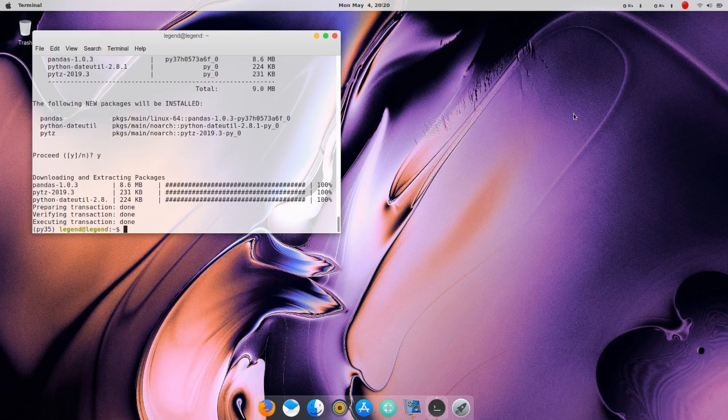What we need to install next is matplotlib. Matplotlib is a Python library which is used to plot various kinds of graphs. We actually need to plot our results, and for that we will be using matplotlib.